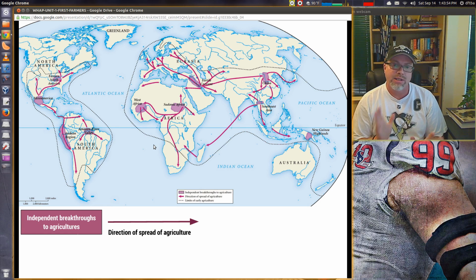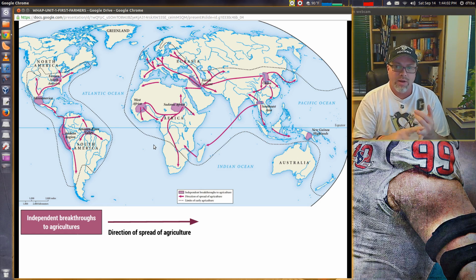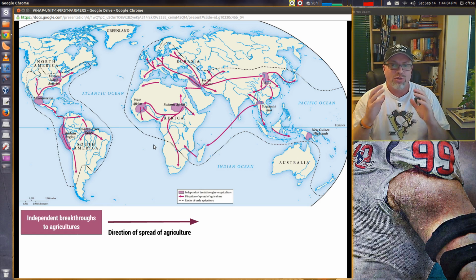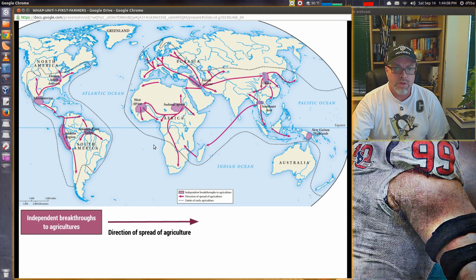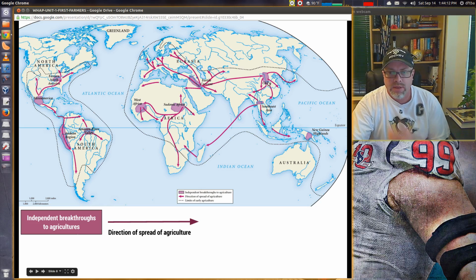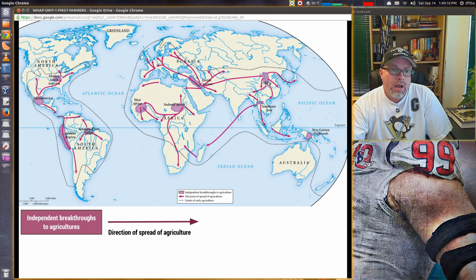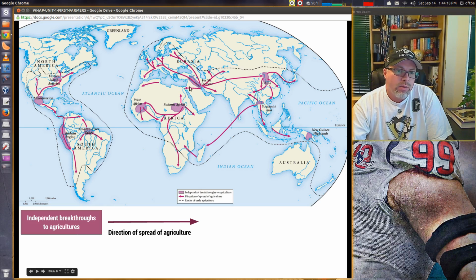You see the arrows spreading, and one of the really interesting things about this, I think, is that you're going to end up seeing these arrows where they're spreading independently developed ideas and breakthroughs in technology of agriculture. This in chapters 4, 5, and 6 is going to be your trading networks. Almost exactly, really. What is this line here, other than the Silk Road, the idea of a road, but it's a number of routes or roads.